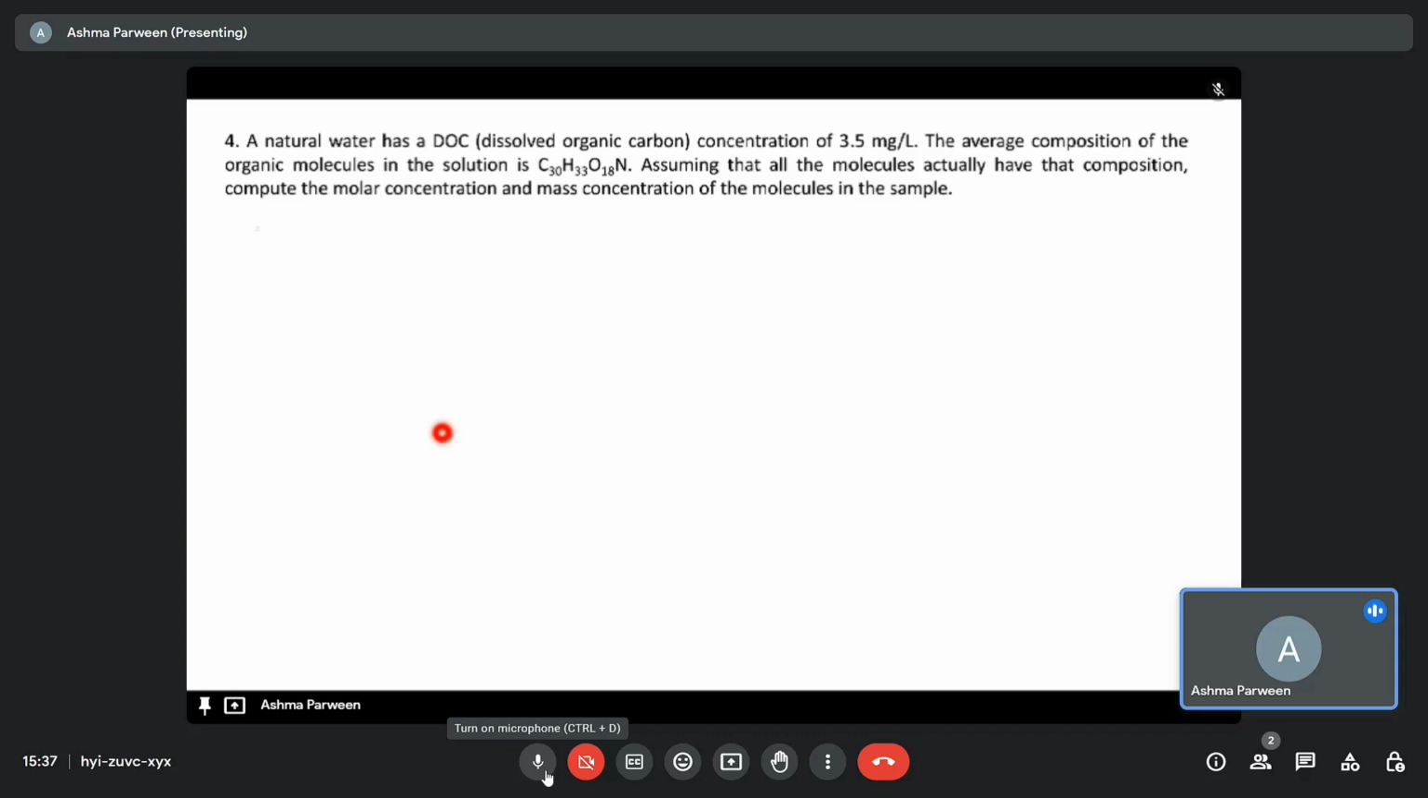So the dissolved organic concentration is 3.5 milligrams per liter, and the molecule for molecule composition is C30H33O18N. So its molecular weight will be,